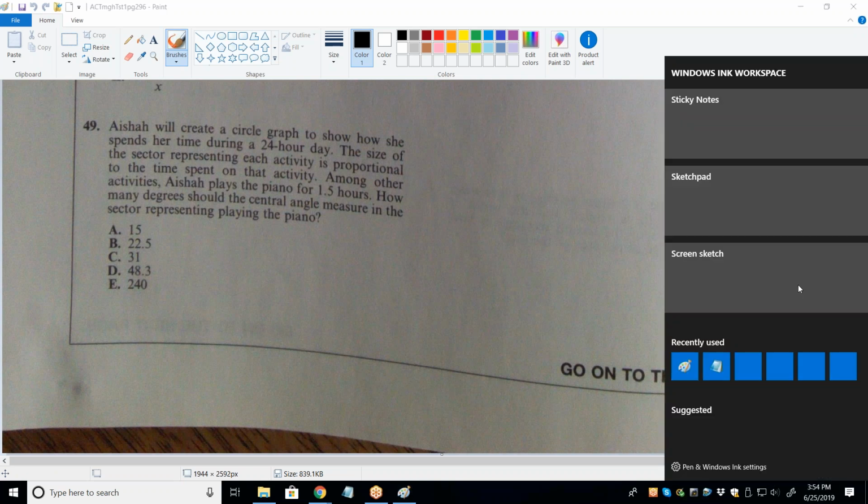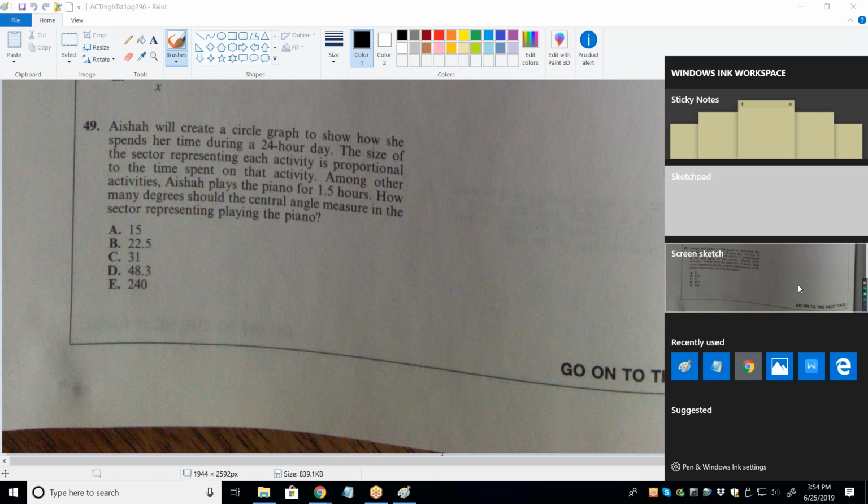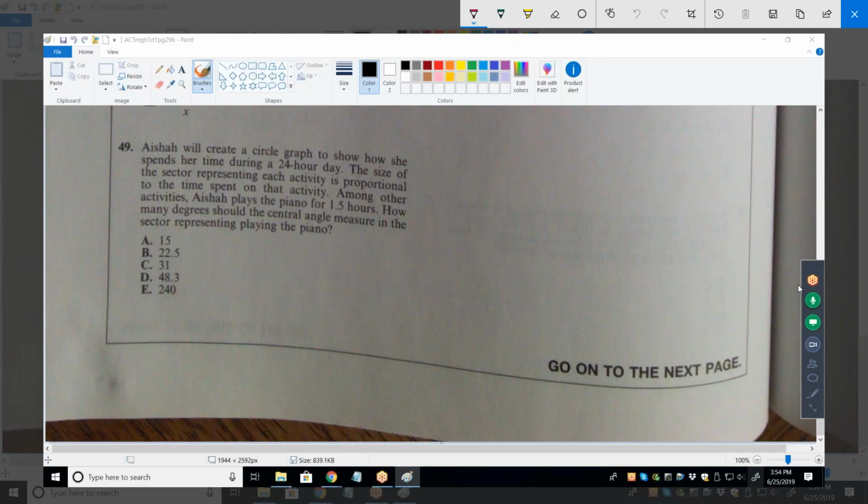Number 49. A graph shows how she spends her time during a 24-hour day. The size of the sector representing each activity is proportional to the time spent on the activity. She practices piano for 1.5 hours. How many degrees should the central angle be? Okay, so that's